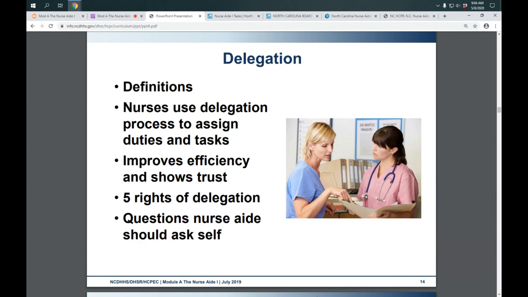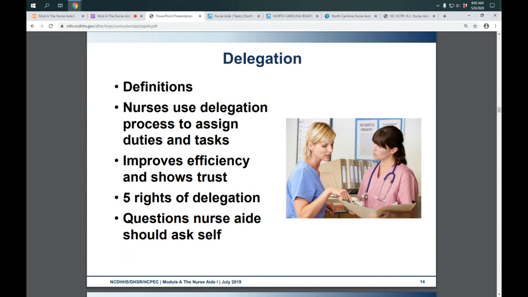The nurse uses delegation skills and legal regulations to assign duties and tasks to other health team members. It does improve efficiency. Gracious, if we've got 10 clients and I have to do every single thing for them, including going and doing all of these ADLs with them, taking everybody to the bathroom, getting everybody's vitals, plus pass my meds, plus do all of my charting, that's very inefficient, and our clients aren't going to be taken very good care of, are they? So it's efficient for me to use the aides in the way I see fit and what their strong points are. I would use my knowledge